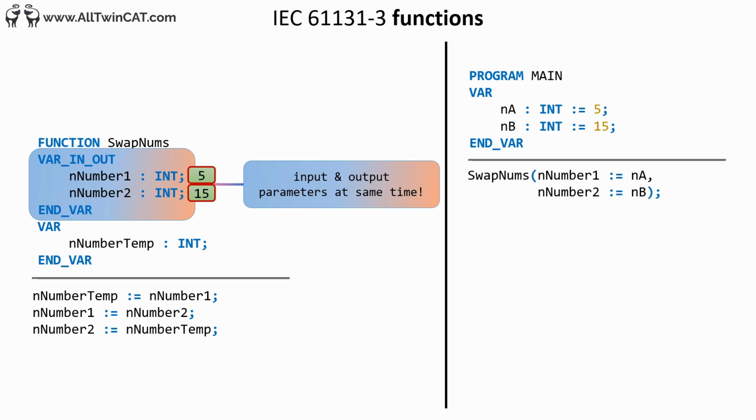If we provide these two numbers to the function, they will first go in as input parameters. Once in the function, we can write to the variables just like output parameters. To swap the numbers, we need to create a temporary variable called nNumberTemp and store the n_1 in it. Next, we store the value of n_2 in n_1. Finally, we can store the value of nNumberTemp in n_2. Now we have successfully swapped the values of the variables.